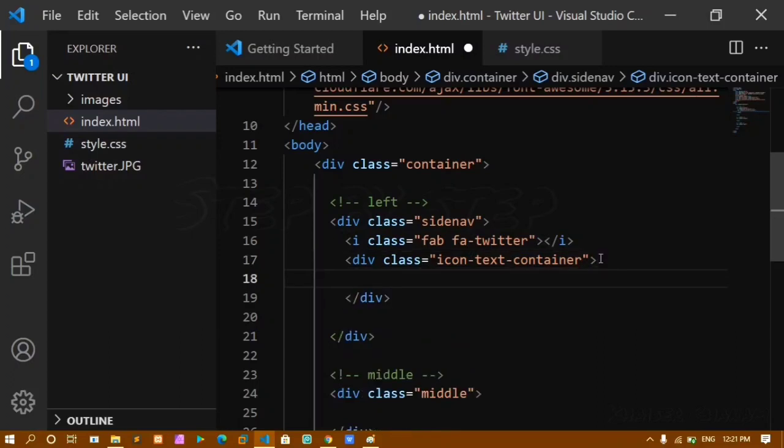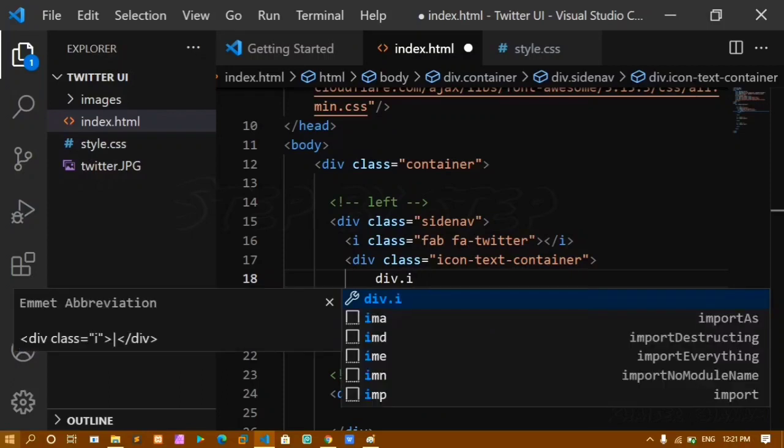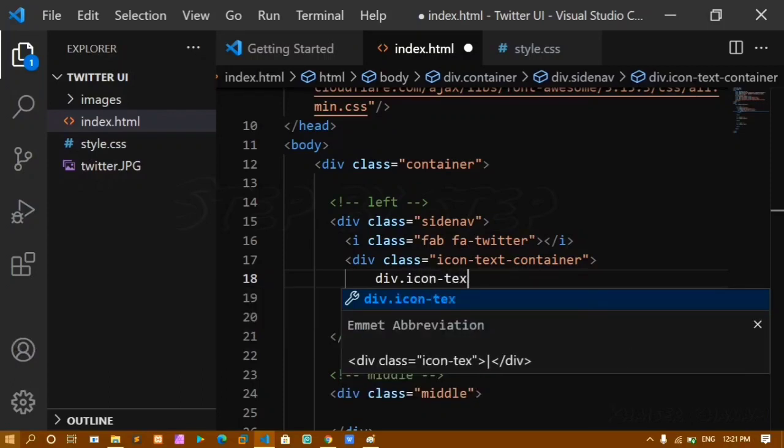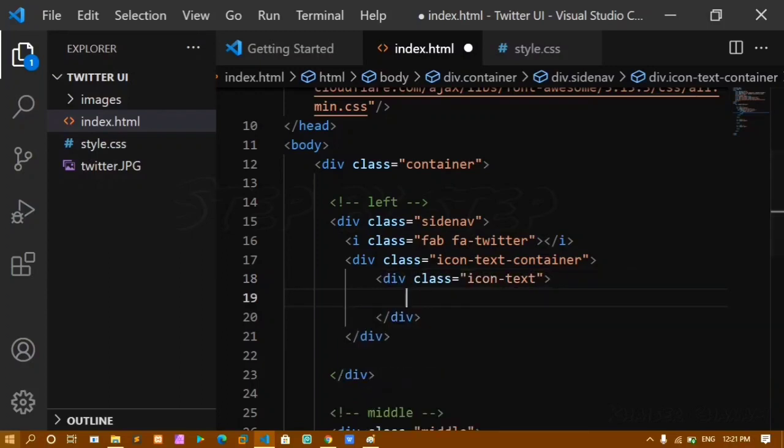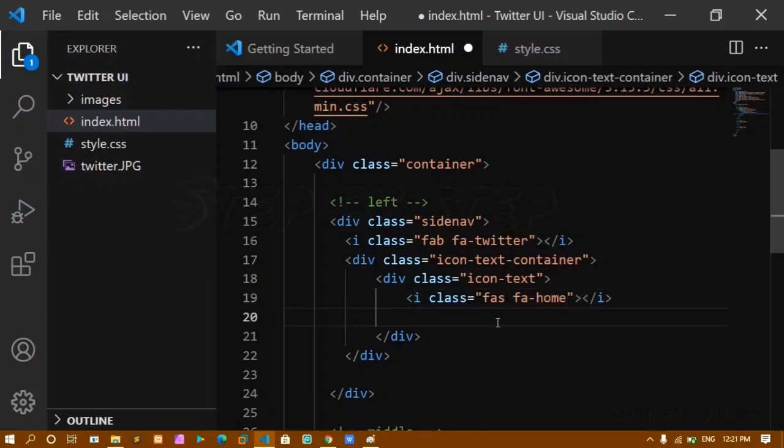Now inside this div I have those 7 divs, and inside each of the 7 divs I have an icon and text. So first I'll be creating one div and I'll give my class name as icon text, because I'm having icon and text. Now inside this div I'll copy this icon, I'll paste it here and I'll change this to FAS, and I'll give my icon name as home, and below this I have one text.